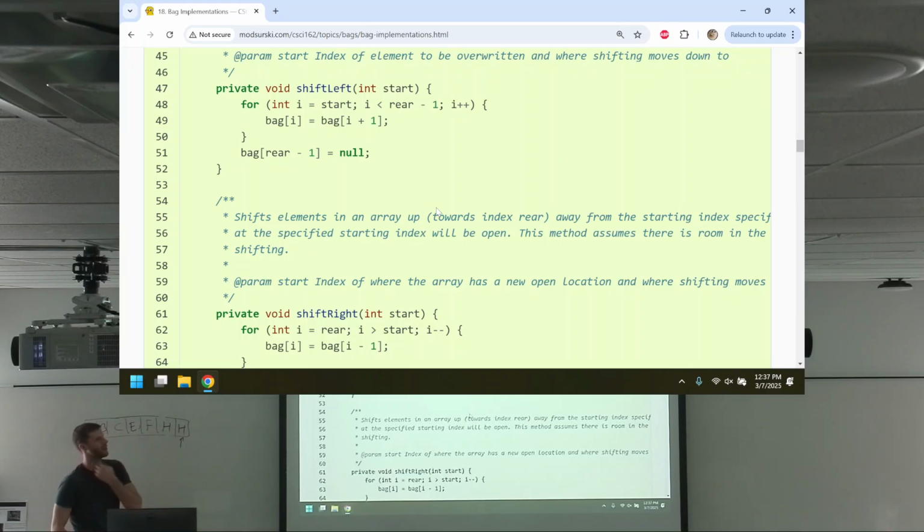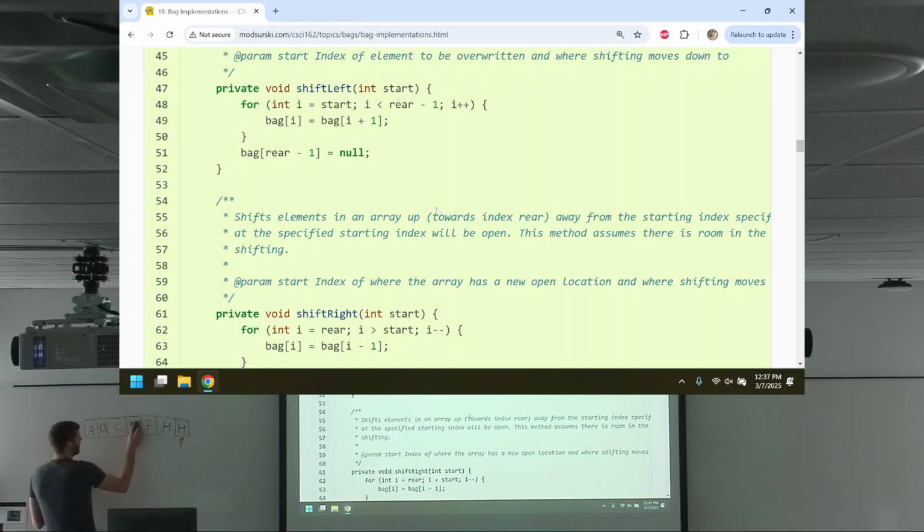So that's why I never go to rear. I always put my finger on rear because each time in the loop I look at I and I plus 1, I plus 1, I plus 1, right? Rear is one after the last element. But that's why we have to be careful about that edge case, because otherwise things can crash.